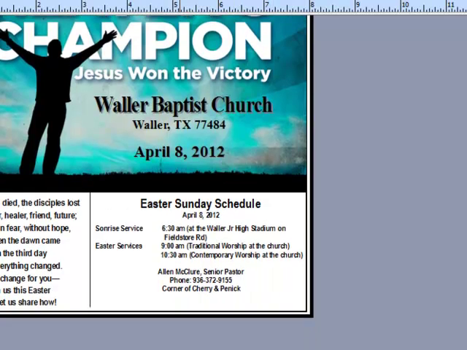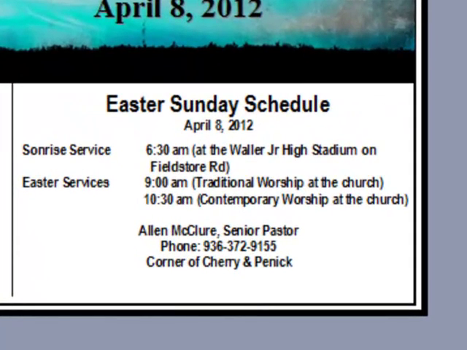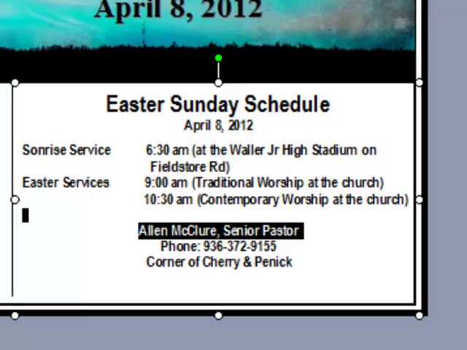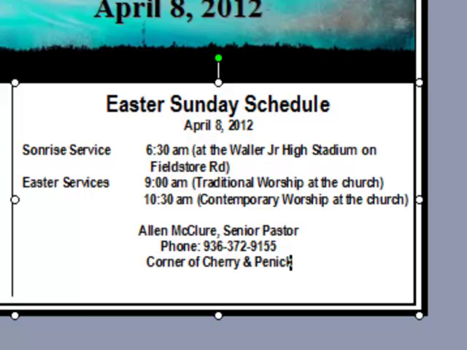Now, just a couple other little changes that I would make. I think what the person means here is they have the senior pastor, and then they have the phone and the address. The way it looks, that's the senior pastor's phone number. I don't think that's what they want to say. It's just fine to put the senior pastor on there, but in all honesty, probably not really necessary. Visitors, I don't know if that's a real deal breaker or not, but if you're going to keep that on there, I would actually put that